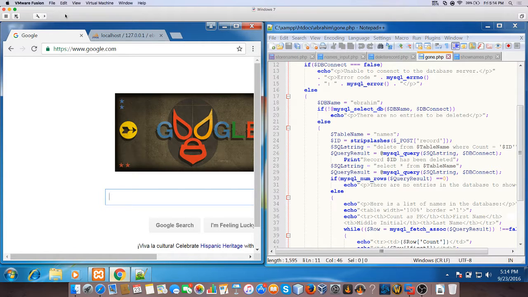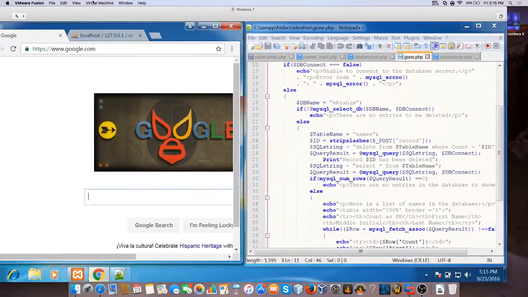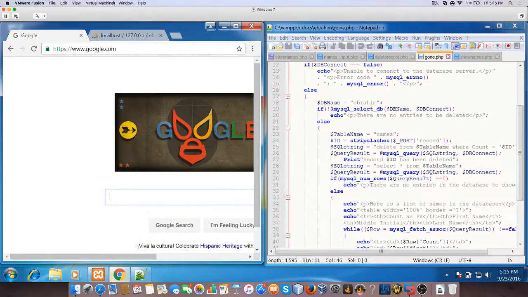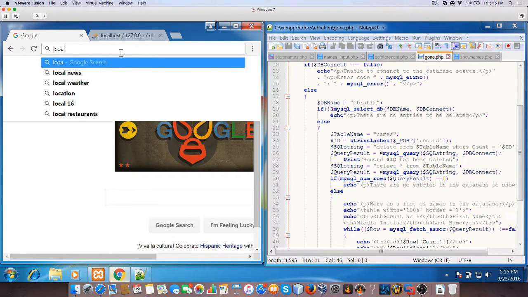I'm using VMware Fusion, as you can see up here. It's a virtualized environment basically that allows me to run Windows on my Mac PC without it being technically installed on my Mac PC. So it's a nice way just to run Windows games if it's not able on Mac. So here we're gonna go to my website actually, localhost